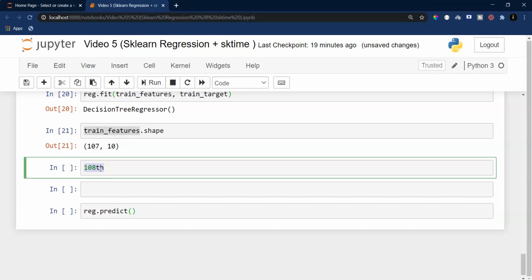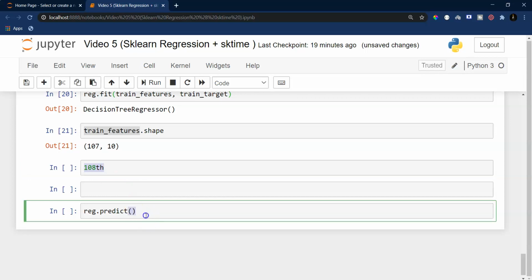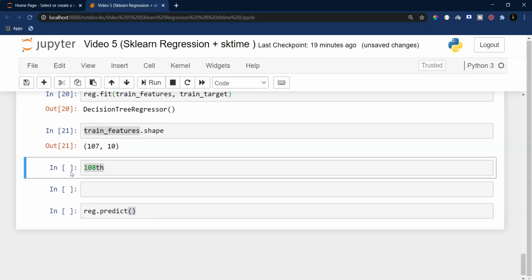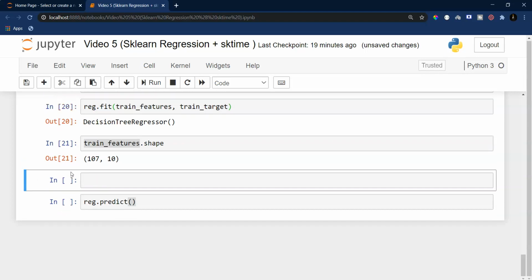And once I get the 108th data point, I can again consider it to get the latest 10 data points and call regressor.predict again, so it happens recursively. I make a prediction, I adjust that prediction into the latest 10 values, and I again make a prediction. I hope you are able to get the point.